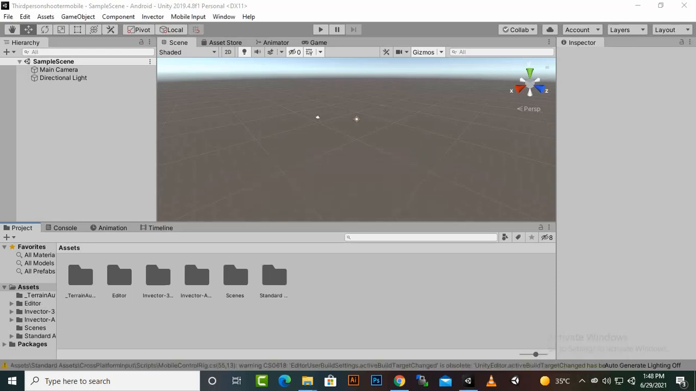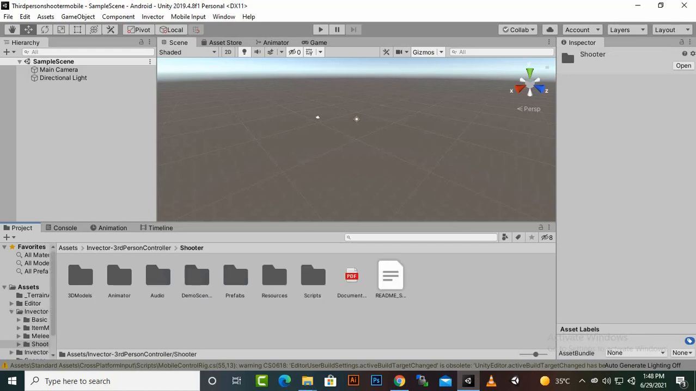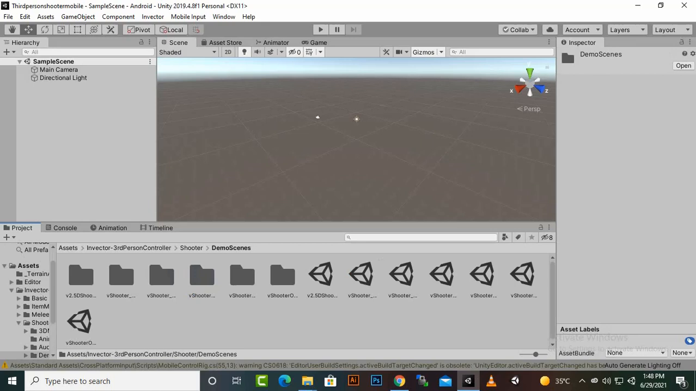Mobile assets are imported, and now you can see that if we open Invector third person shooter controller and go to shooter demo scenes, you will find some demo scenes here like 2.5D shooter, and here you can see the mobile Invector, and the mobile with inventory, etc. So if we open this scene